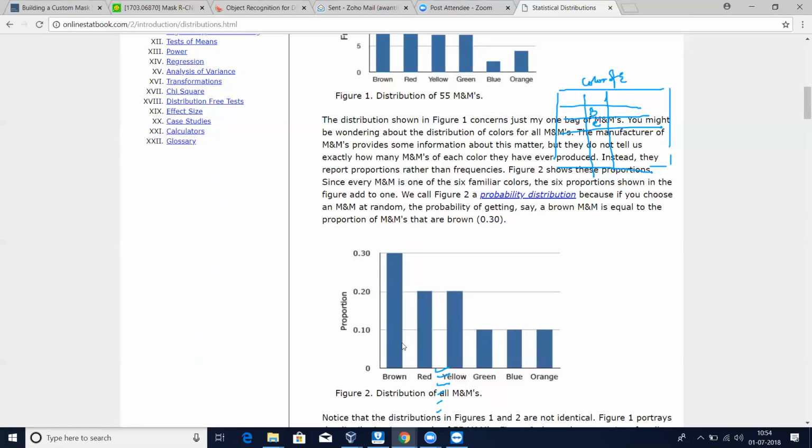So what does this probability distribution mean? If you're picking up a random element from the data, what is the probability of the data belonging to any of these classes? That is why it is known as probability distribution. So the sum of all will always be 1. Got it, right? Like you can see 0.3 plus 0.2 is 0.5, plus 0.2 is 0.7. The sum over all the categories will always be one.